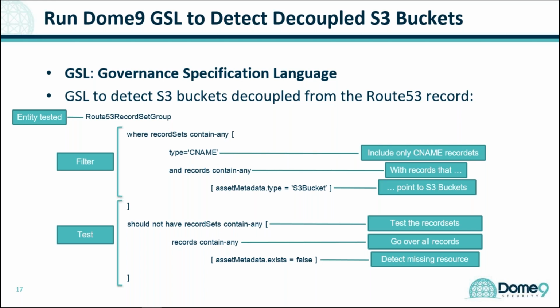And now we want to make sure that the assets exist. So we say this specific type of record sets should not have records that point to non-existing data. This is our syntax, asset metadata dot exist equals false. So this is it. By running this specific query in the Dome9